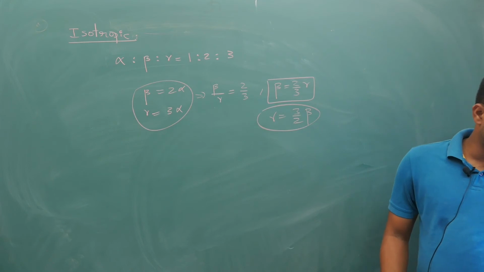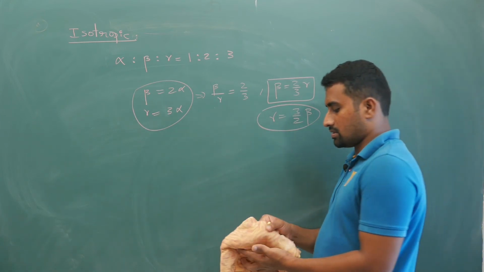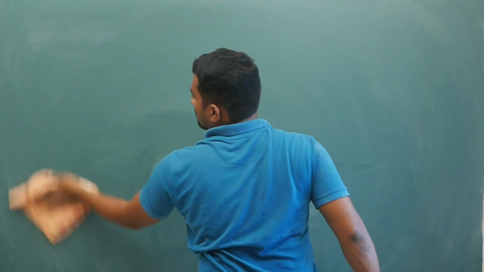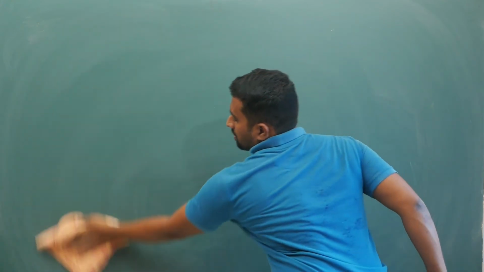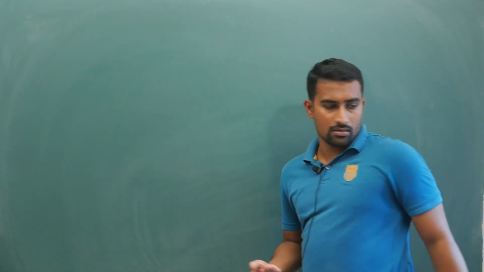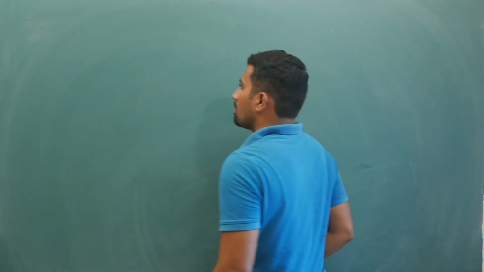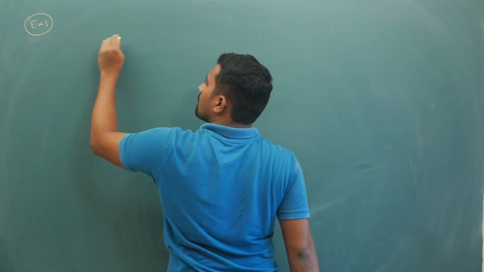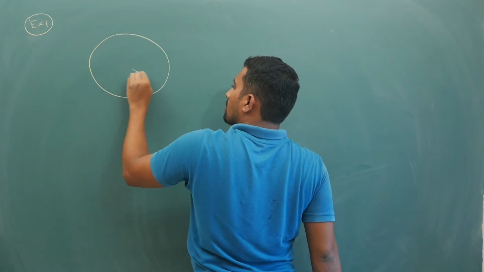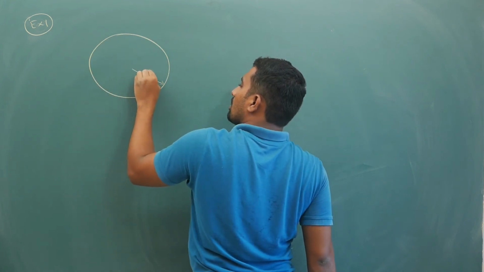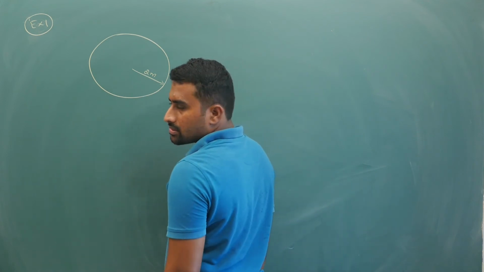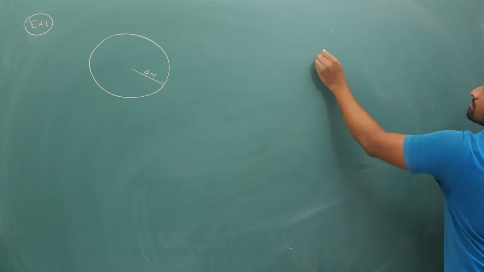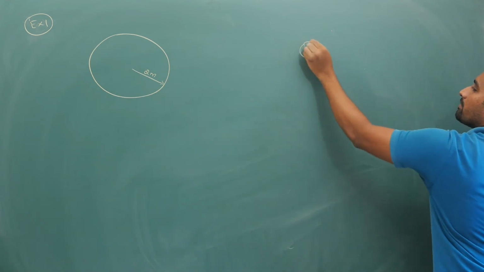Now let us start with simple questions. Hope you have copied these things down. Now your first question is, your ring is of 2 meters radius. No, first why directly jump to rod? No, that is example 2, you keep, this is example 1.